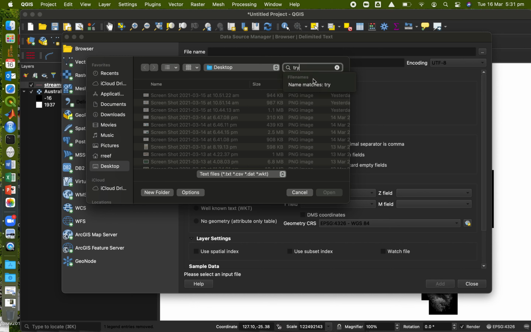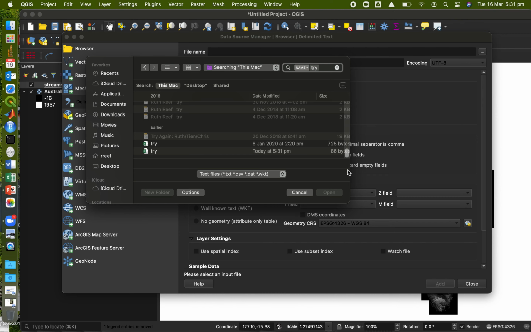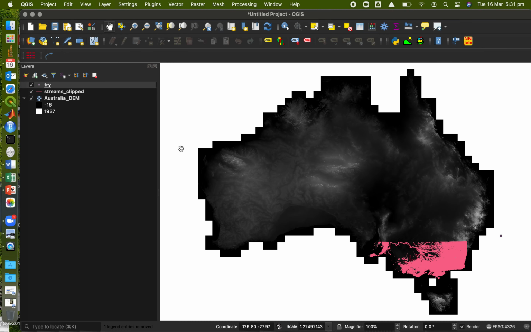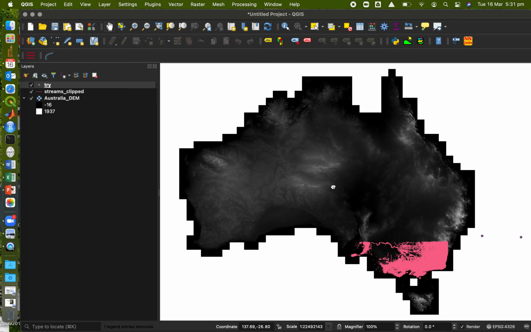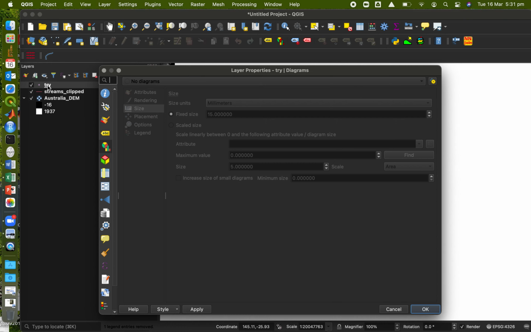somewhere on my desktop. Okay, don't judge. Here we go. This is today's file. Has long latitude. It's in WGS 84. Add. Okay, so now I have 2 points. I guessed wrong, and they're outside Australia, but let's imagine they're not. What I'm going to do now is,